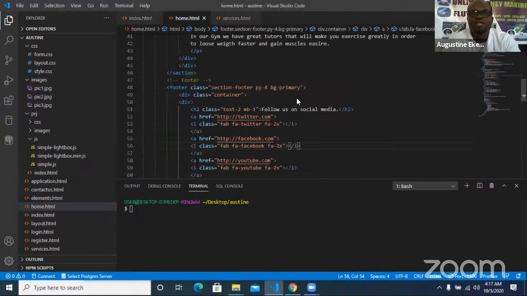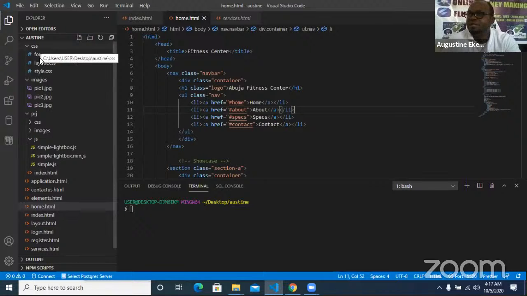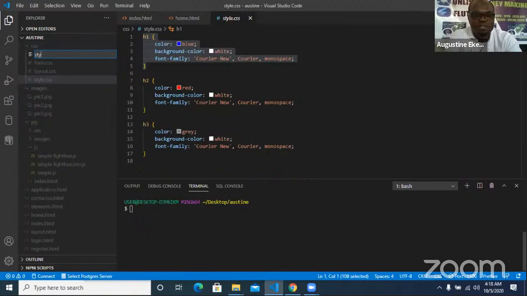So we are done with the HTML part of this. So let's quickly go to the CSS, isn't it? So let's create a CSS here. I already have a CSS here. So I will still use this CSS, but I'm gonna create a new one for it. So I'll just click on one of these inside here and click on new. So I'm gonna call this one style